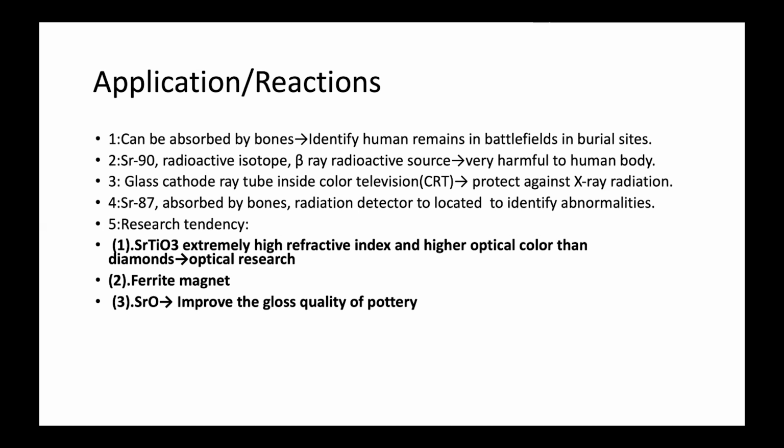First is strontium titanium oxide. It has an extremely high refractive index and higher optical dispersion than diamond. So there is some optical research that can use strontium titanium oxide. And strontium can be used to create some ferrite magnets, for example, strontium ferrite oxide and strontium ferrocobalt oxide. Third, strontium oxide can be used to improve the quality of